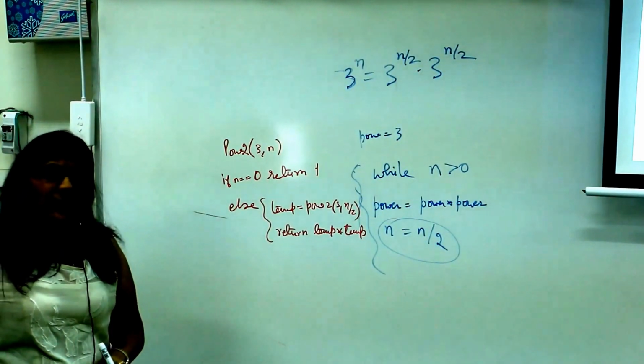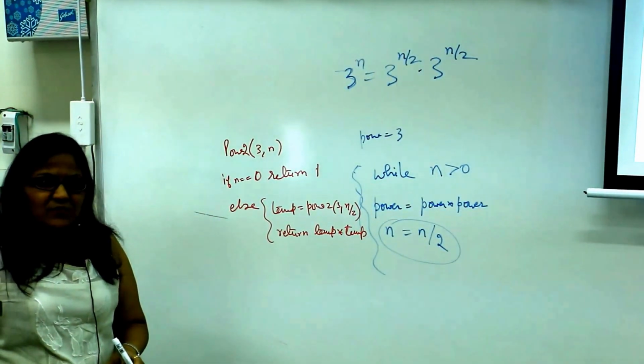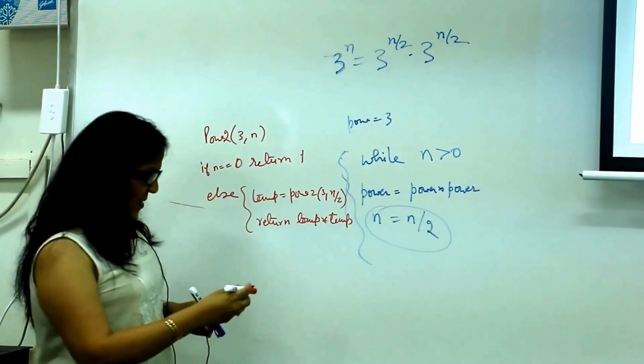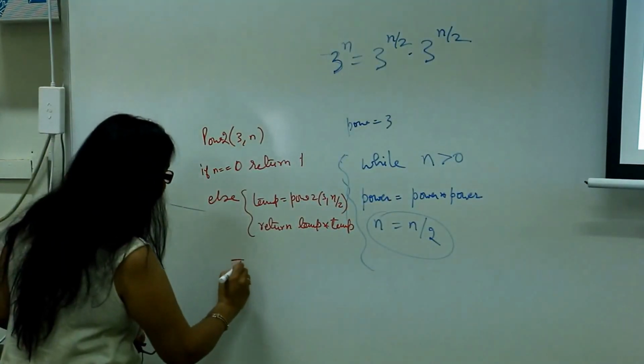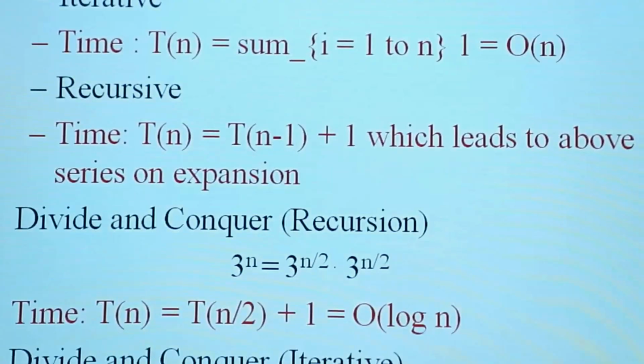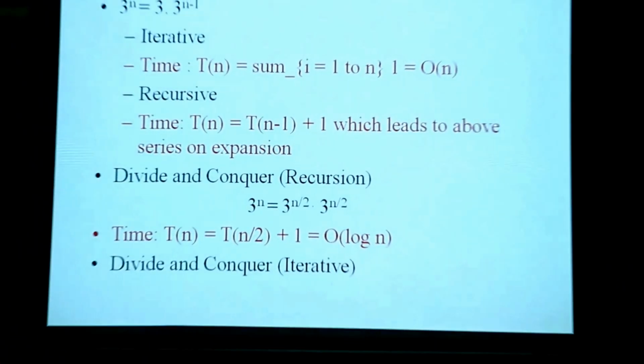Time is same in both. Why? Let's see the time. How much time here? We have already seen. For this we have to write a recurrence, right? A recursive algorithm translates into a recurrence, and that's all the more easier.